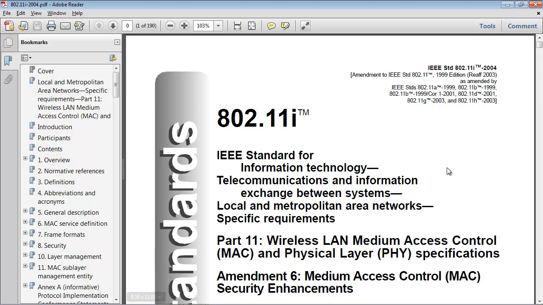Also here at the top, you can see that this is an IEEE 802.11i-2004. That's when it was ratified. It's an amendment to IEEE 802.11 1999 edition 2003 update. So this is telling us that you take a look at 802.11 2003, and this is going to add on to that. And that's how you can figure out exactly what's going on in the standard.